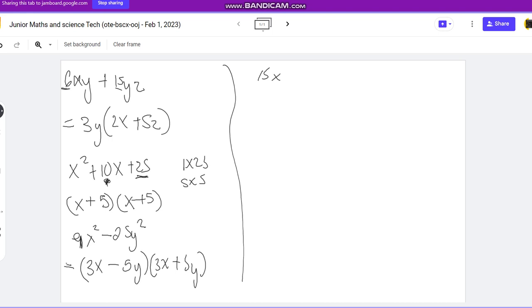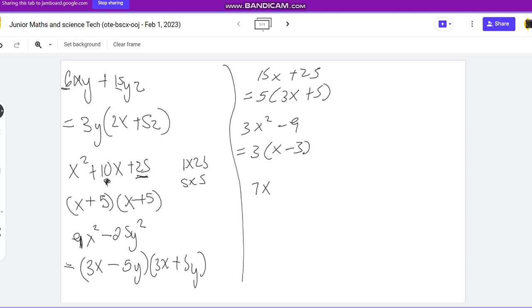15x plus 25. And then after factorizing here, what you need to do is just remove 5 as a common factor, meaning you'll just have 5 and then 3x plus a 5, then you're done. And then you'll have 3x squared minus 9, and then remove 3 as a common factor, and then a 3 here. And then let's come to